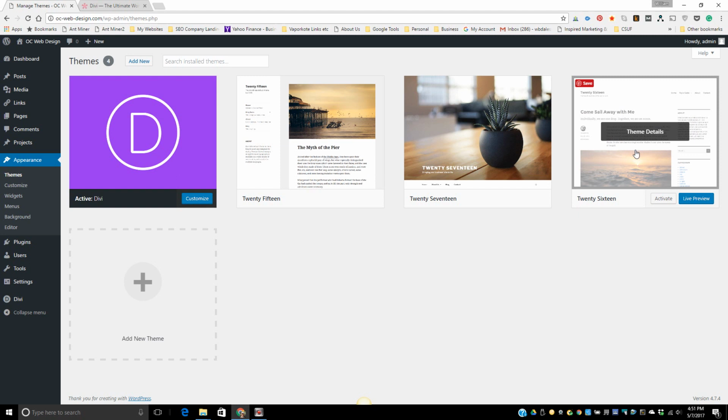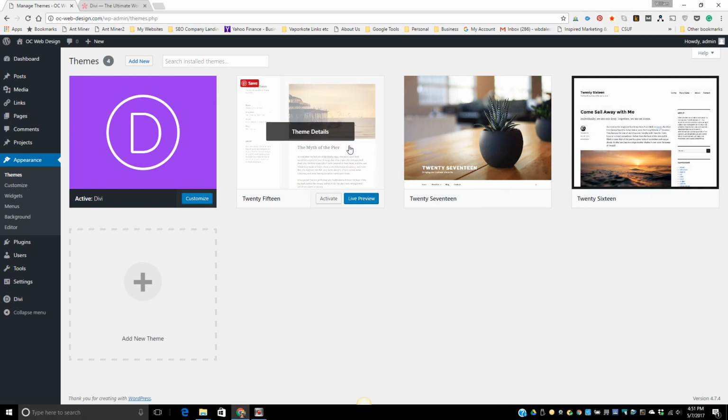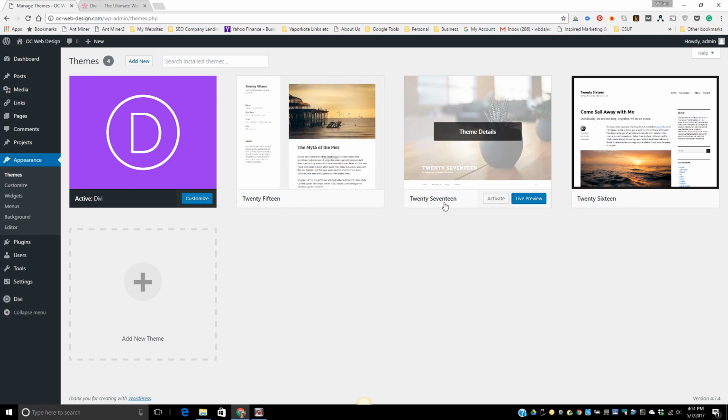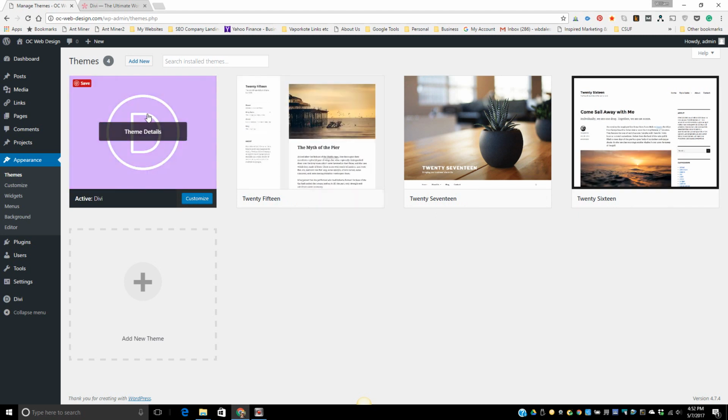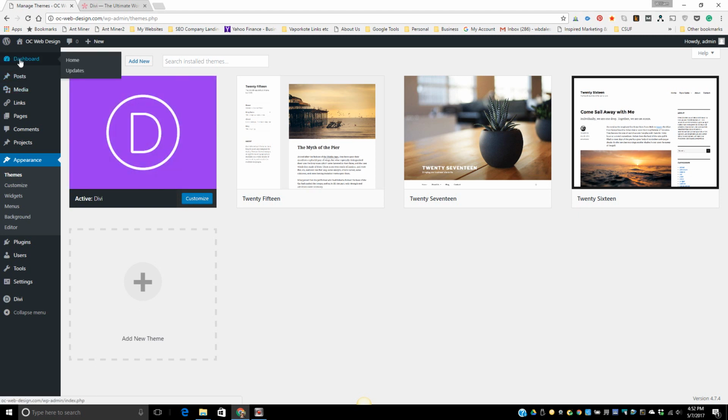These other three themes that you see here are the three free standard themes that were just automatically loaded, and there's nothing wrong with them. They're free, good place to get started, but they just don't have the power of the premium website builders like Divi. So now that we've got Divi installed, what we would do is we would